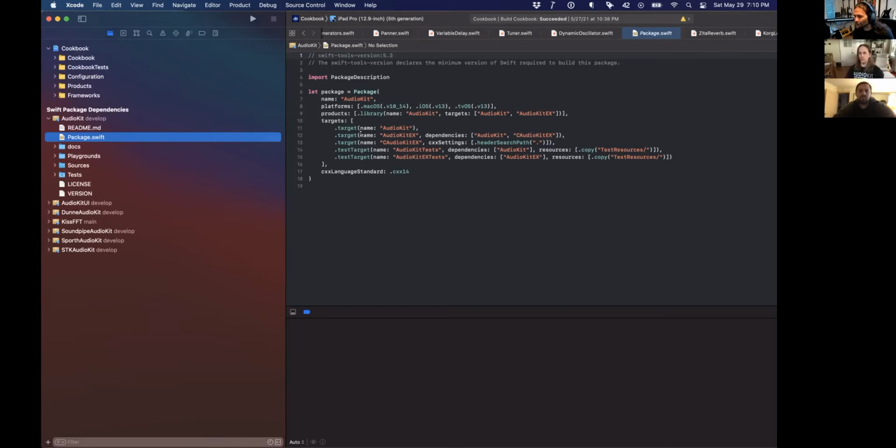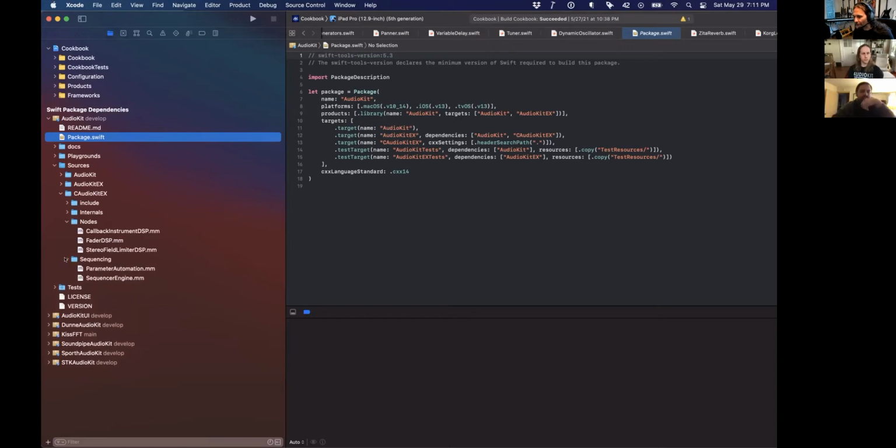And then AudioKit EX is the Swift layer for things that are backed up by our own C code. And those are things like sequencing, a couple of the nodes, callback instrument,